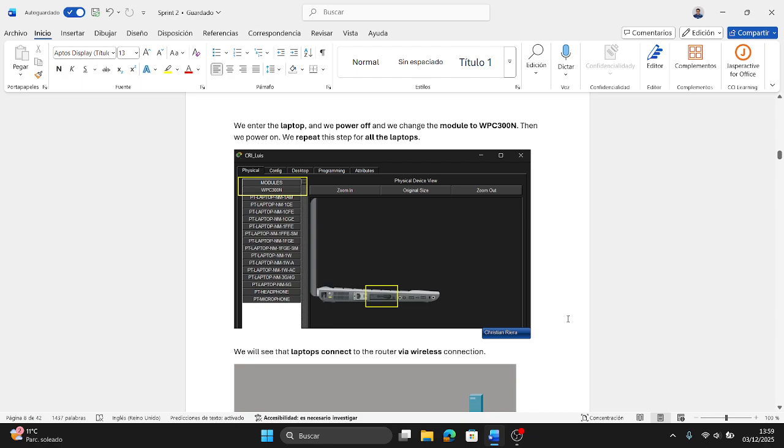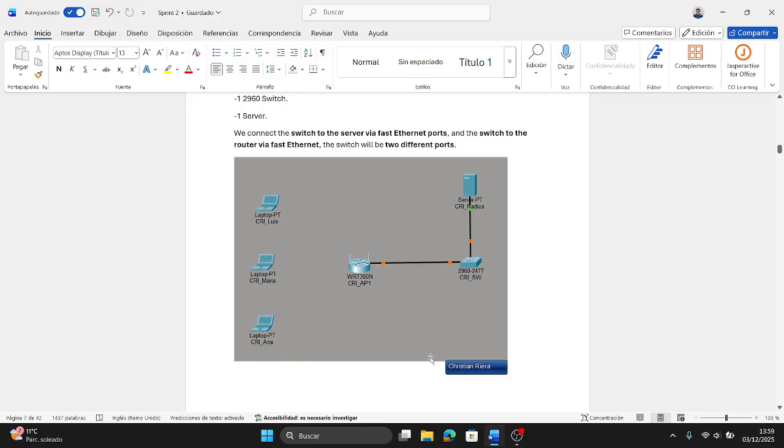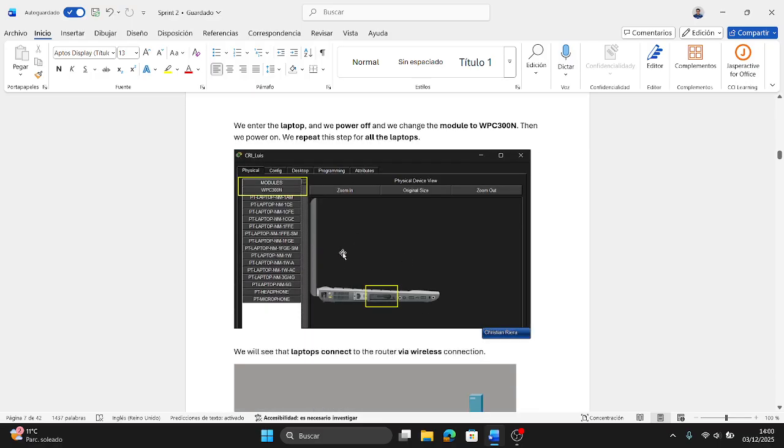Now we enter one laptop. To enter we have to click on it, and we are going to see this menu, and we have to power off the laptop because we're going to change one module, because now the laptop doesn't work with a wireless connection and we have to change it.